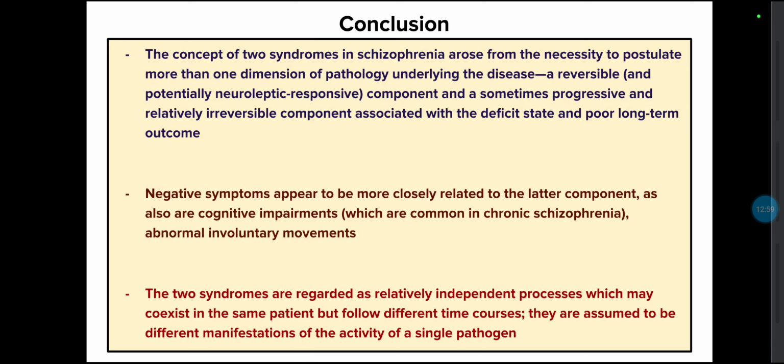Coming to the conclusion, the concept of 2 syndrome schizophrenia arose from the necessity to postulate more than one dimension of pathology underlying the disease, that is a reversible one, and a potentially neuroleptic response was seen associated with that. This was the reversible component, and the other part was a sometimes progressive and relatively irreversible component associated with the deficit state and poor long-term outcome. Negative symptoms appear to be more closely related to the latter component, that is associated with deficit syndrome and poor long-term outcome, as also the cognitive impairment and the abnormal involuntary movement, which was more associated with negative symptoms, that is there in the type 2